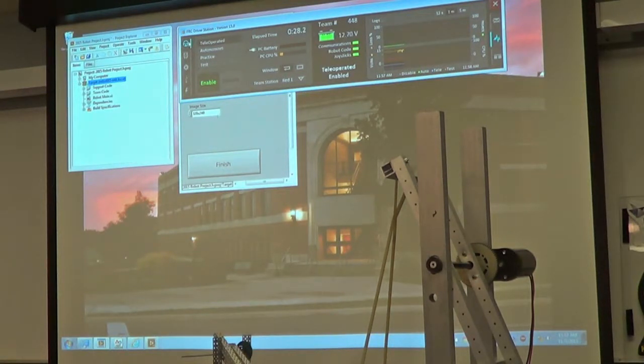So you must build the code, run it as a startup, and then enable the code for the code to start. Some other things to know about this driver station software is you can run a practice match. Some people just turn on teleop mode,